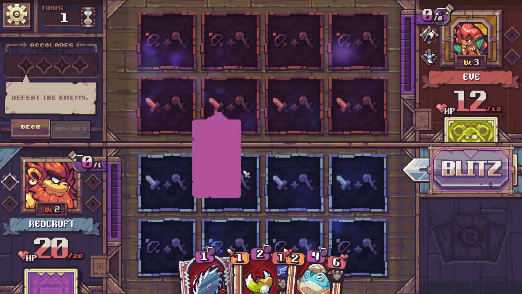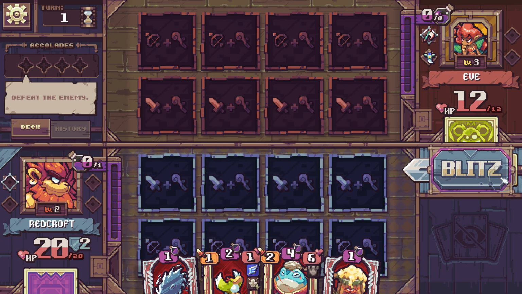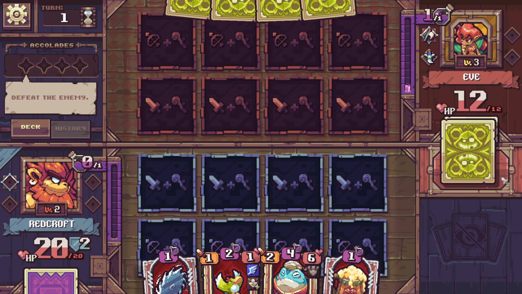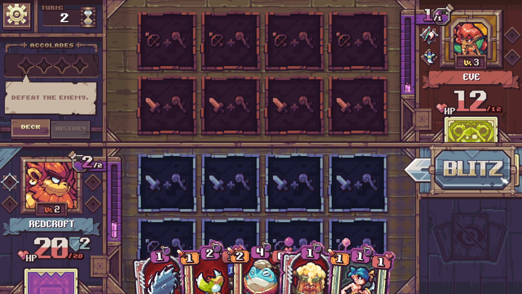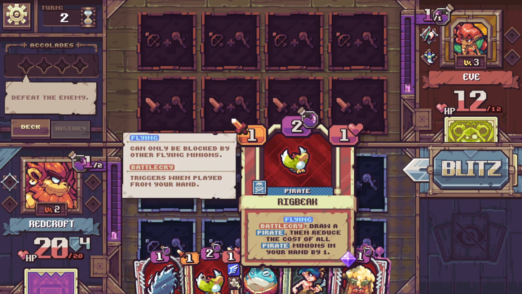Well, you're the only thing I can play, so I could have played this, but there'd be no point. And I can't afford you. You have 12 health. That's so cringe. I said this would be our last one. I'm honestly afraid that we're gonna lose. Give me some more armor. Draw me another card. I could have played Rigbeak, but...